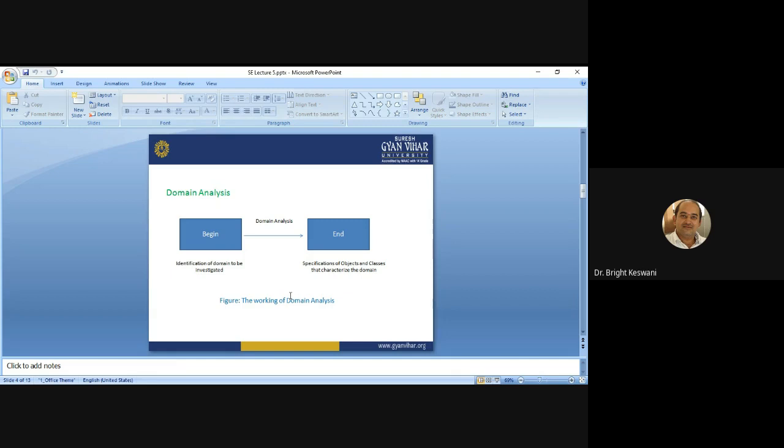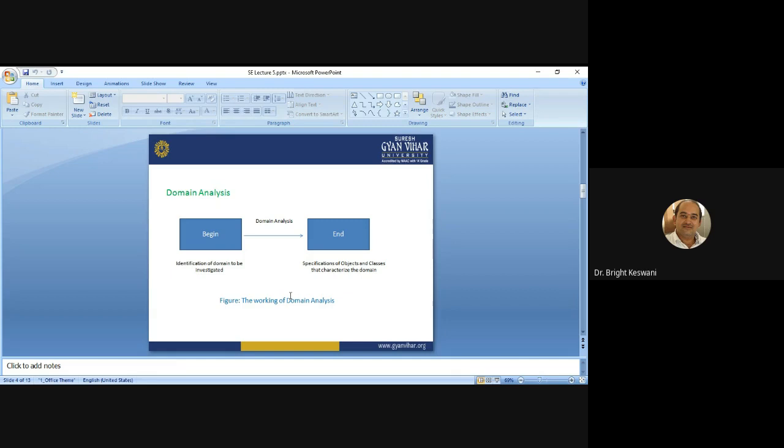Okay, so the complex activity, through the domain analysis, reduces to a simple, or possible, activity. So we can say that through the domain analysis you can reduce the time of development.